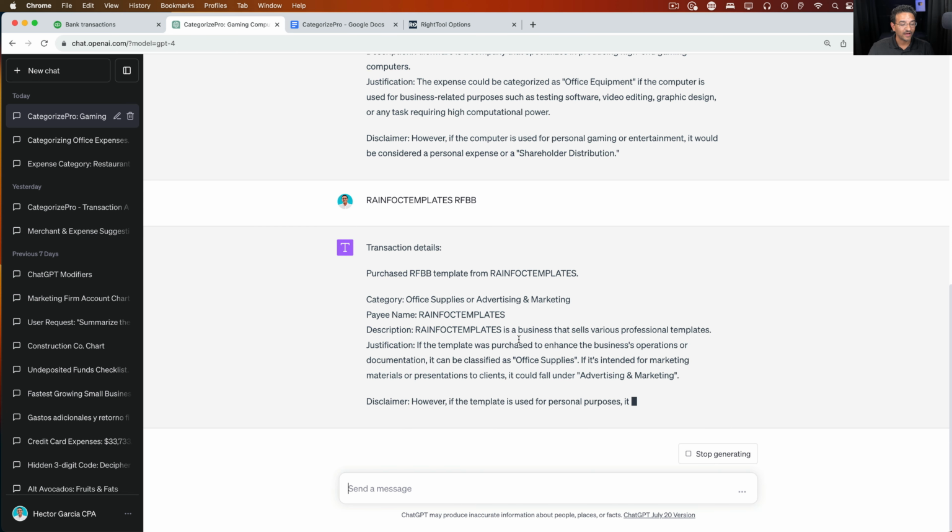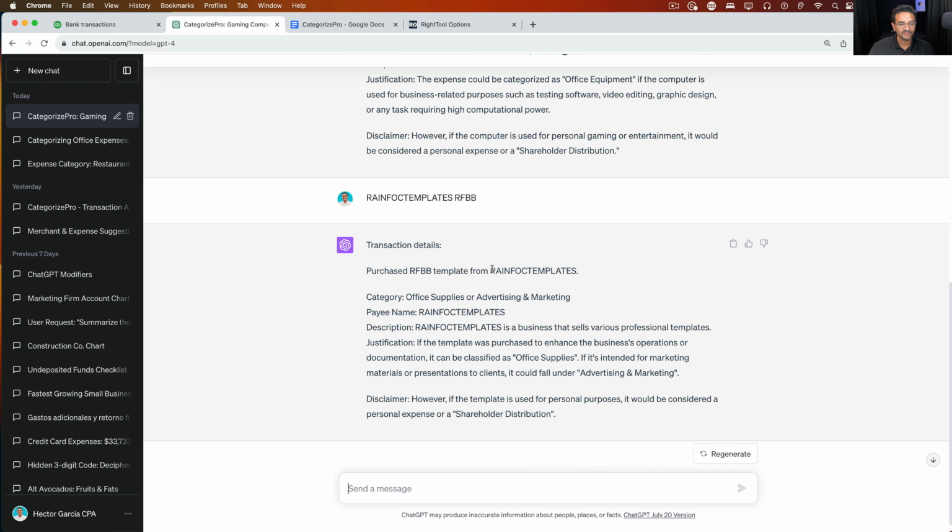So now with that context, it says same information. It still thinks it's a company for templates or whatever, and then it says this could be office supplies or advertising or marketing, because this is contextualizing that I am a marketing firm. So it says it's a business that sells various professional templates. If the templates were purchased for business operations, they could be office supplies.